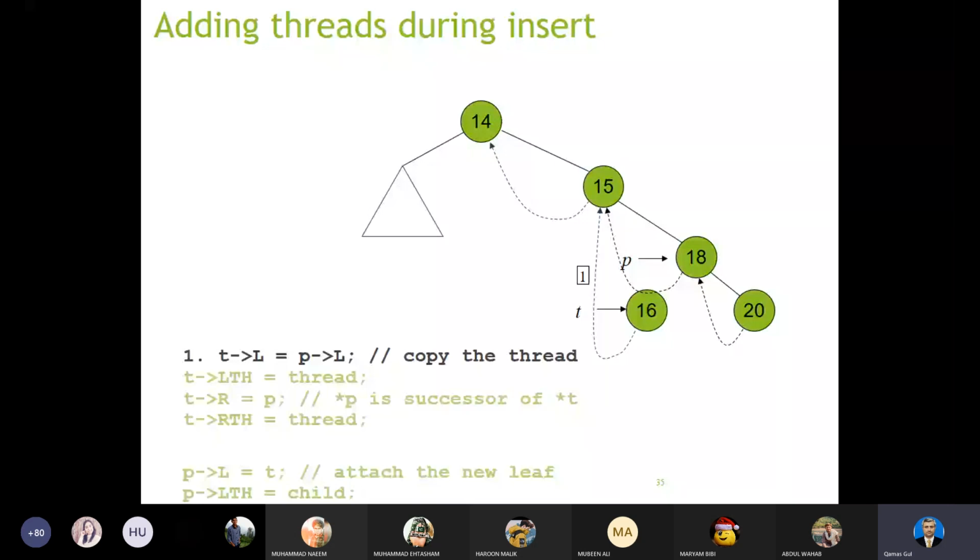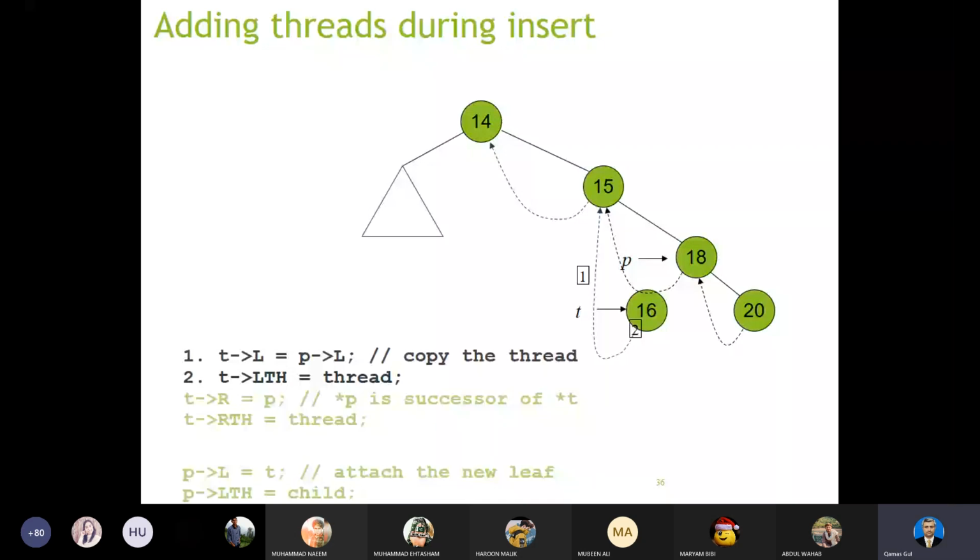This is step 1. Step 2 क्या है, T arrow left thread, ठीक है। अब हम ये कह रहे हैं कि ये जो T का यानी 16 का जो left null pointer आपने पॉइंट किया है 15 की तरफ, ये एक थ्रेड है, T arrow LTH, this is a thread. So ये हम फ्लैग ऑन कर रहे हैं, ठीक है, कि हम कह रहे हैं कि ये एक थ्रेड है।